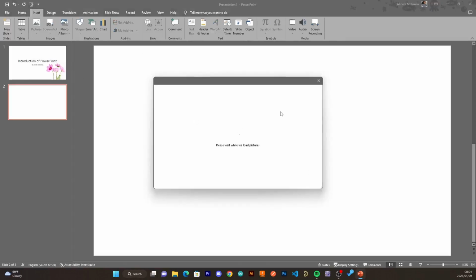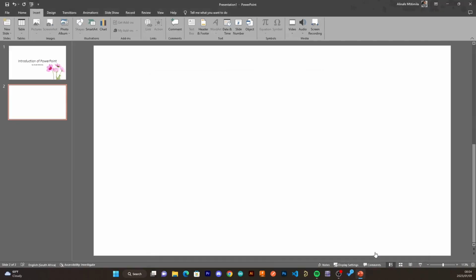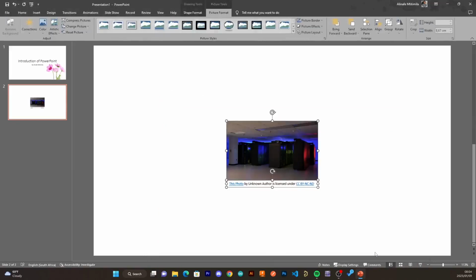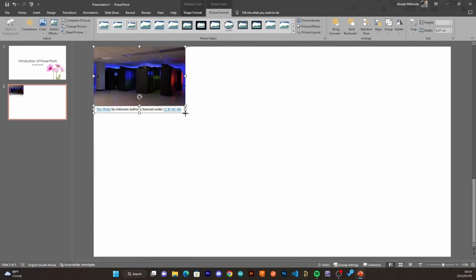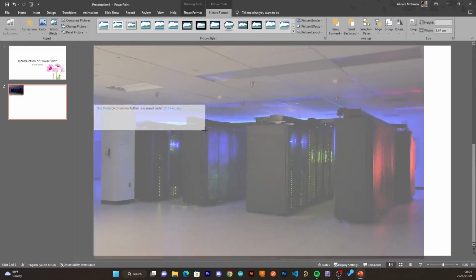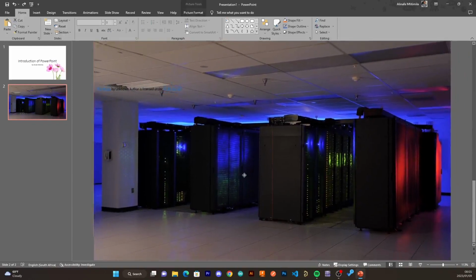So let's search for another image, a flower, or maybe we want to search computers. We are searching computers, so maybe we are a cloud computing company. So we want to upscale this image right here. And you want to put text over the picture. What you need to do, you can also see that the picture is not